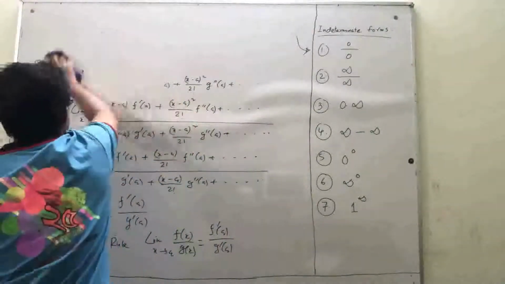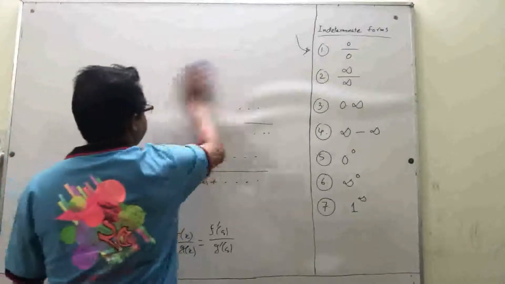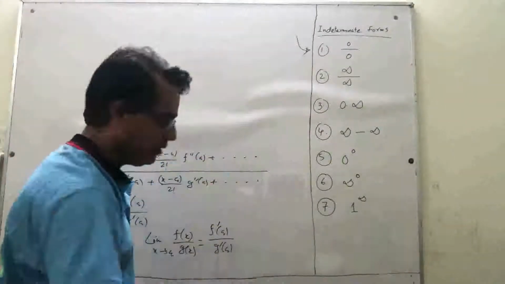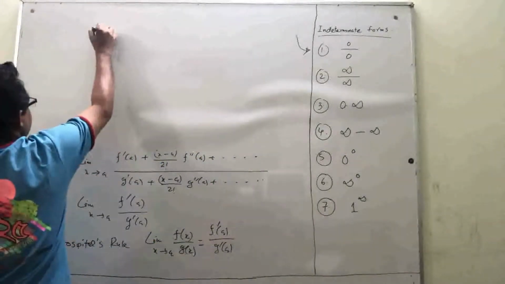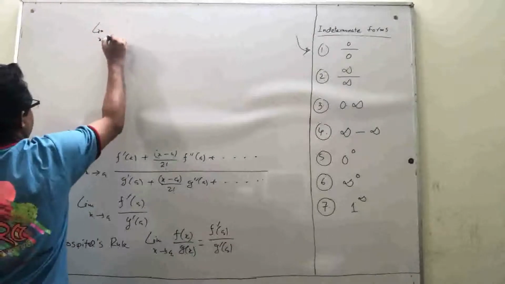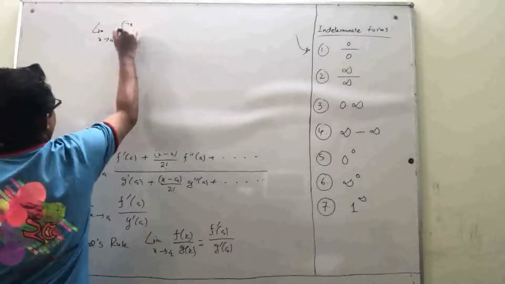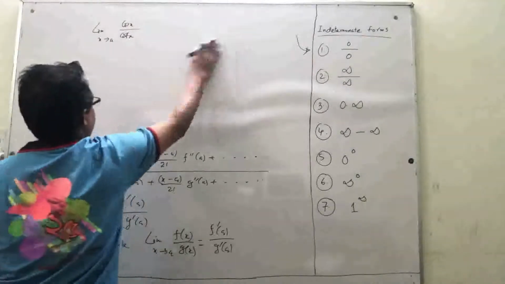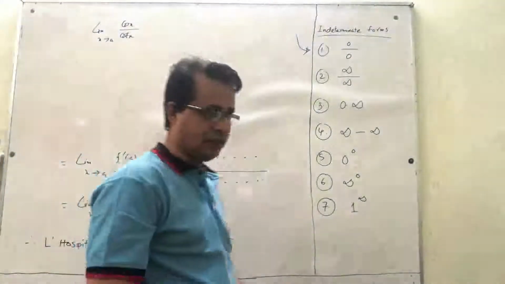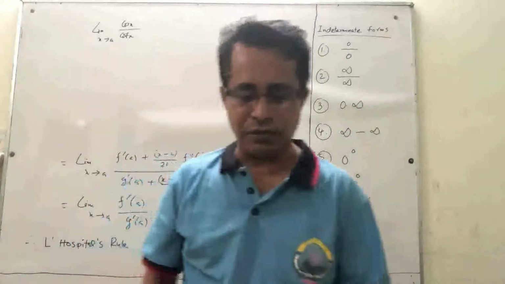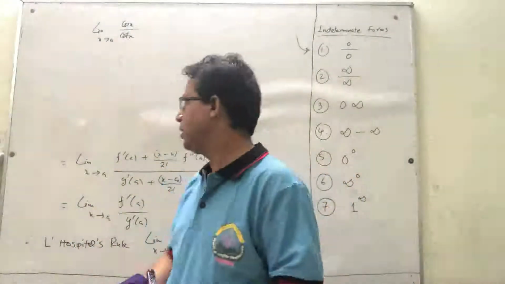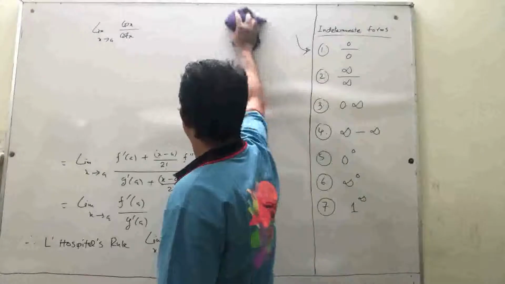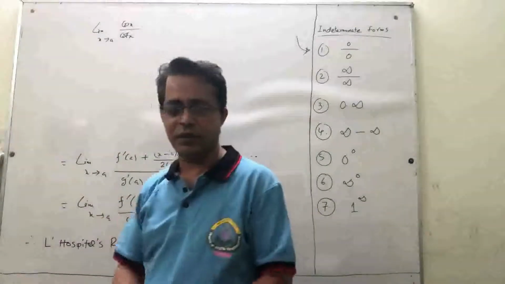Our previous example was limit x tends to pi by 2, cos x over cot x. Now, if we would like to apply L'Hospital's rule, then we will have to differentiate both numerator and denominator